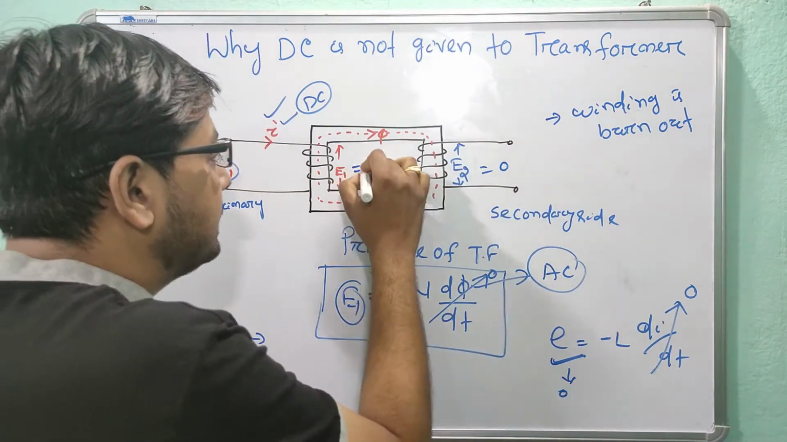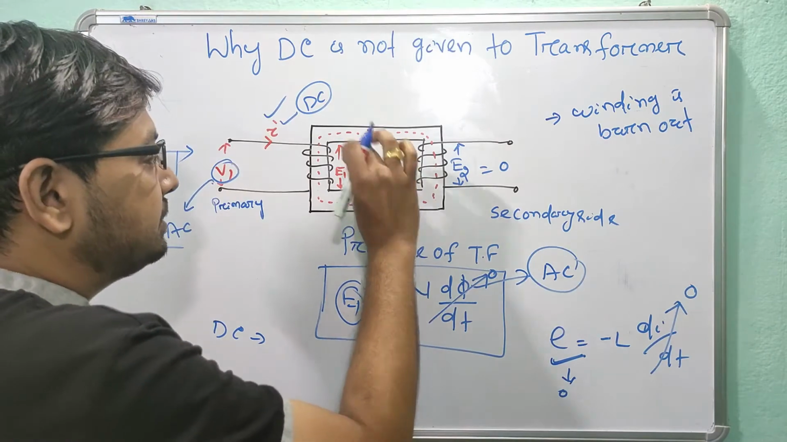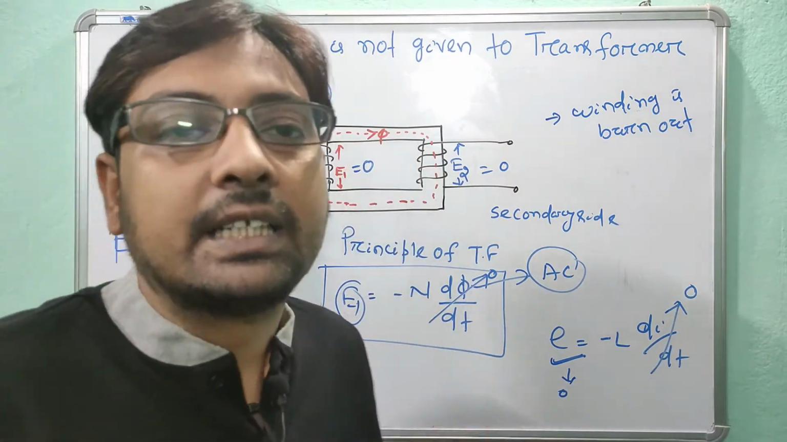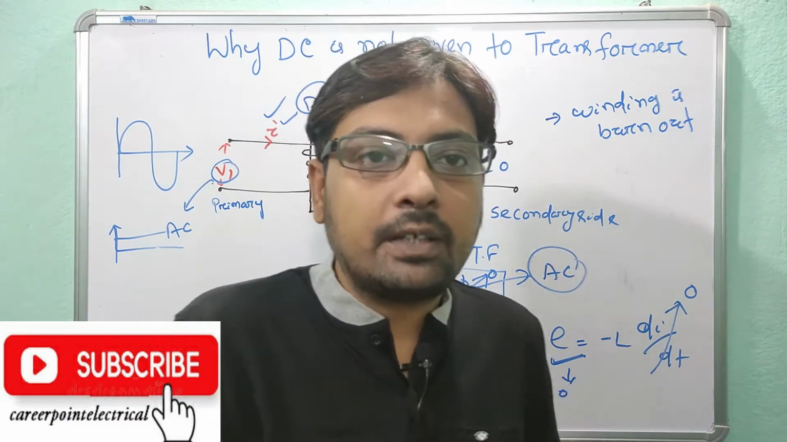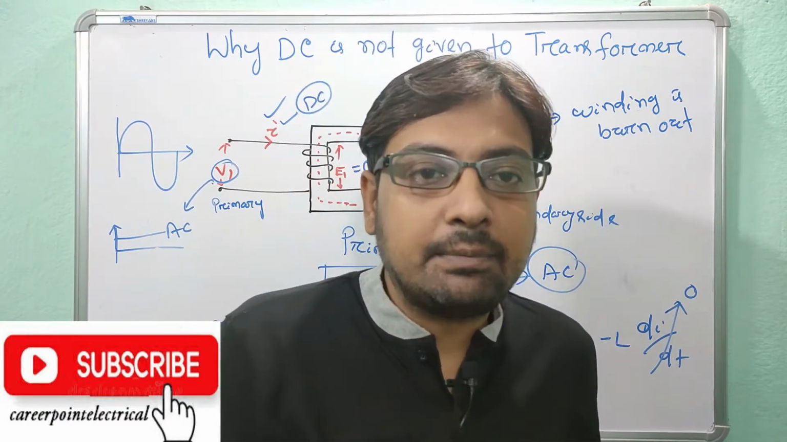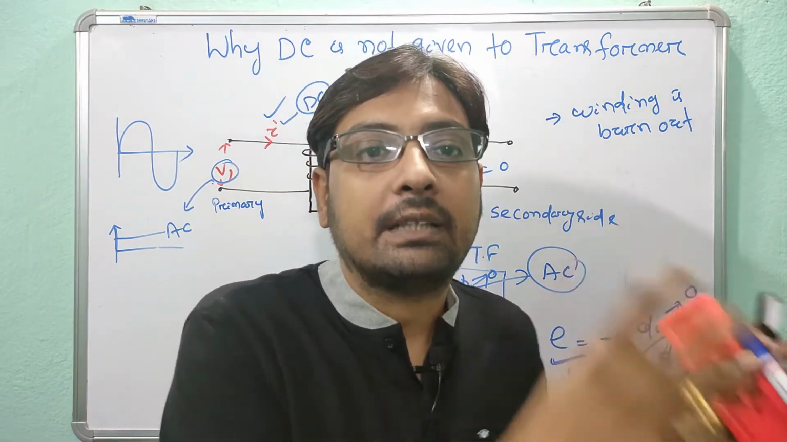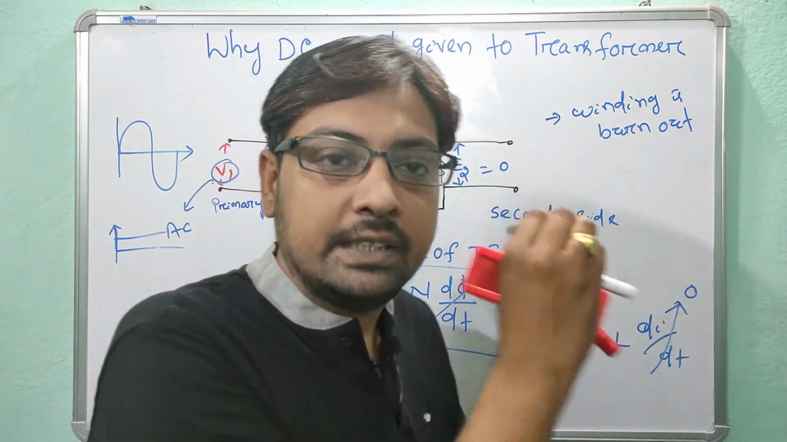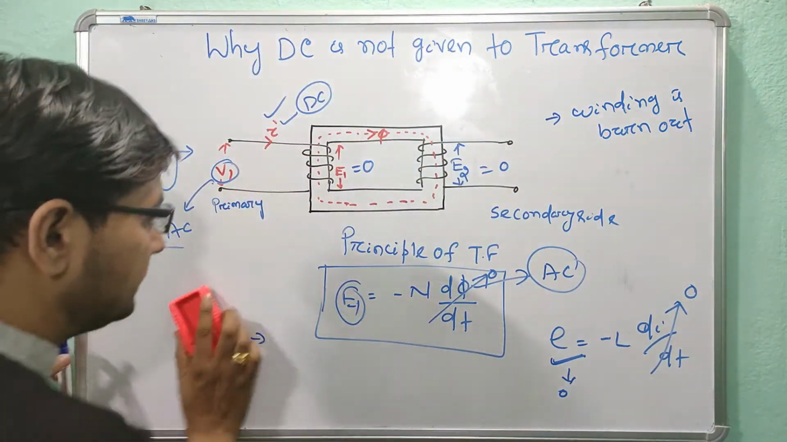If E is 0, then my mutual inductance is 0, and again my self inductance is 0. So E is 0, meaning voltage is 0, which means the winding is short circuited. As you know, the winding is short circuited, that means a heavy amount of current is flowing, there is no voltage, so the winding is burnt out. This is one point. Another point is, for DC,